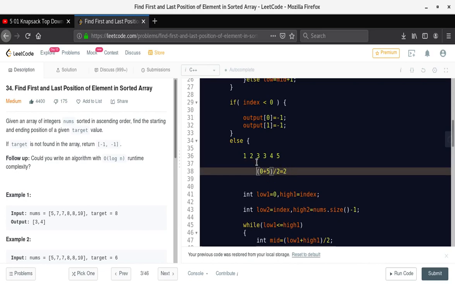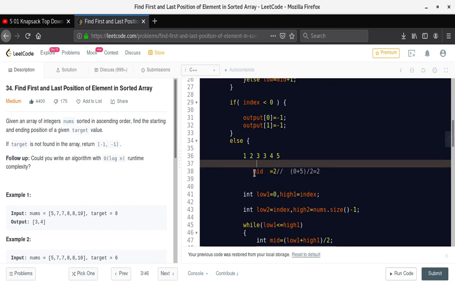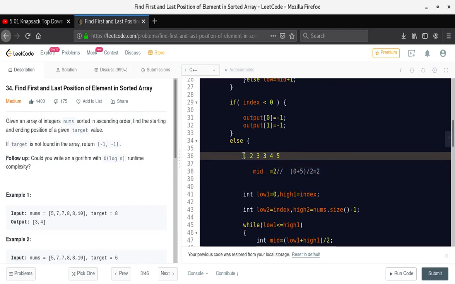I'm sorry for that. Suppose we have 5 elements. This is the array of 5 elements. Low is 0 and high will be 5 because n minus 1 is our high. So 0 plus 5 equals 5 and 5 divided by 2 will be 2. So our mid will be 2, right? So here it's 0, it's 1, it's 2.